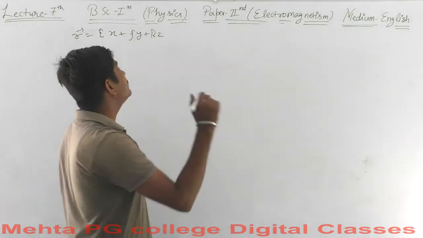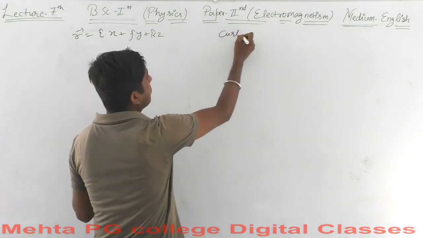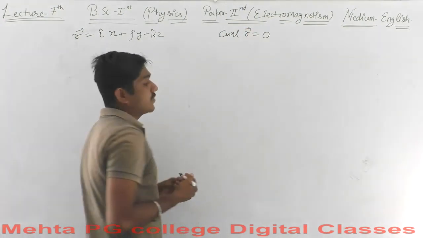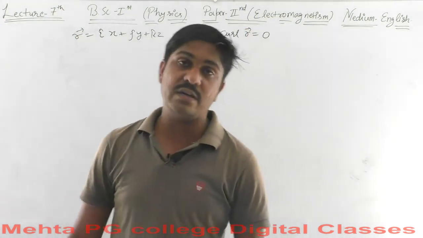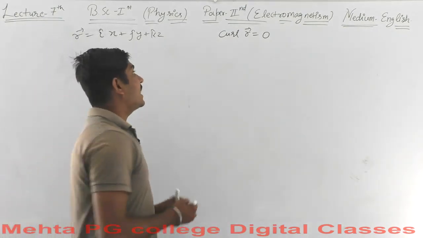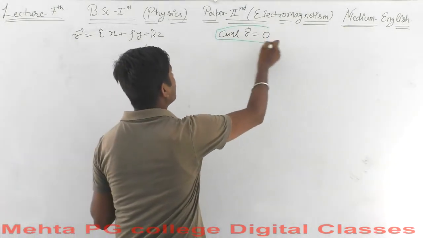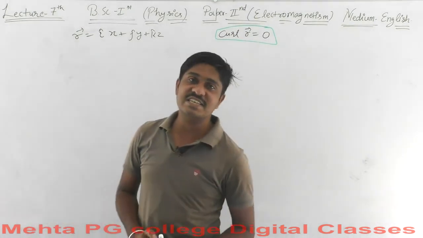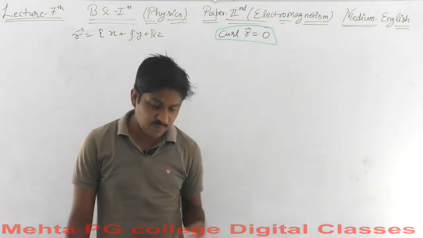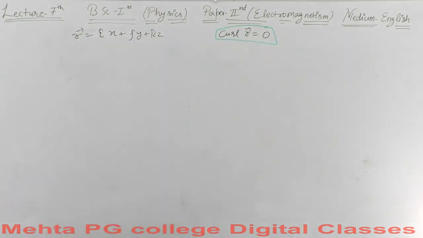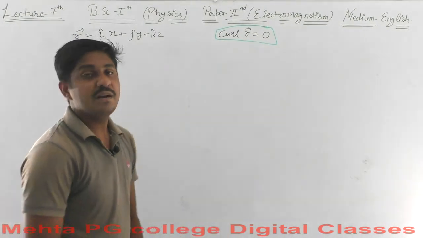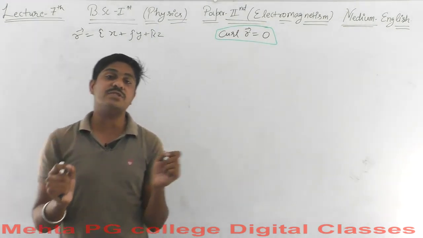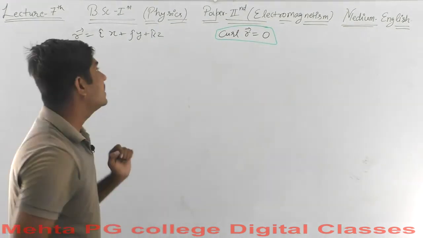So let's start. Curl of r vector will approach 0. You can be asked the question in such a way that what is the value of curl of r, if you get a lucky chance. But if not, then you are supposed to prove this. So let's begin here. We simply write all the quantities which we have. Starting the question will be easy for us.